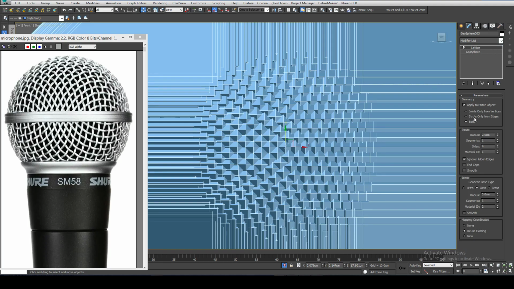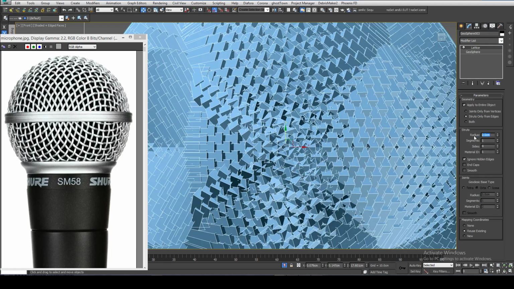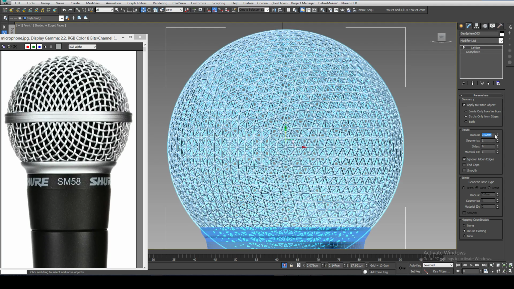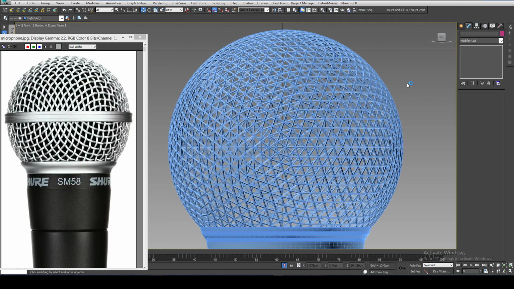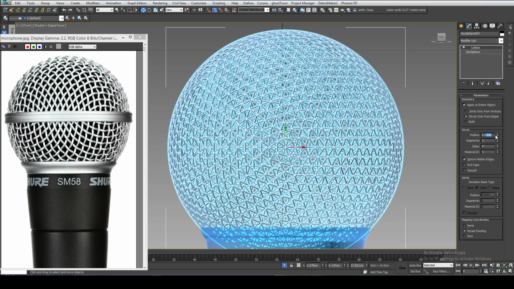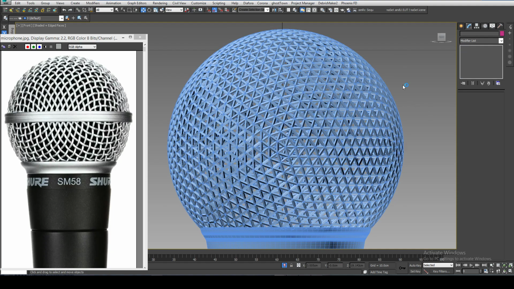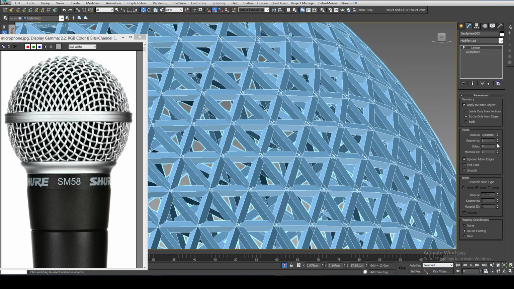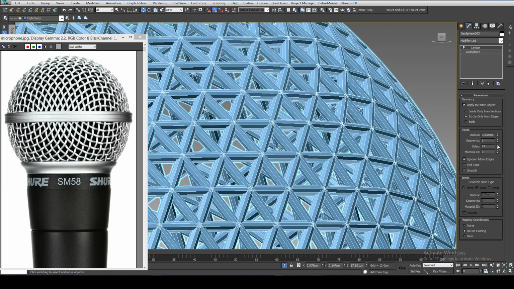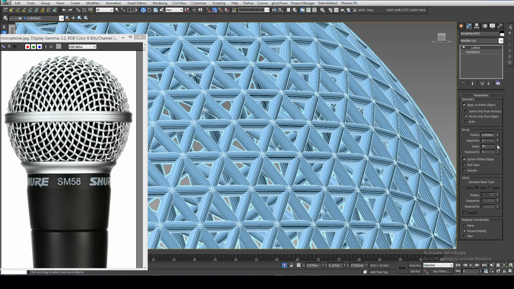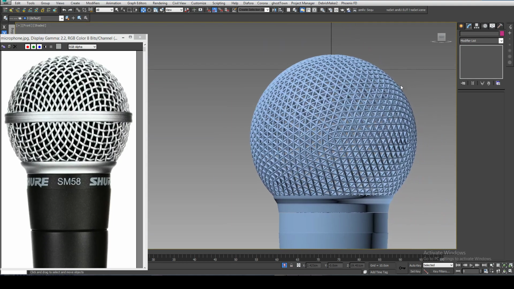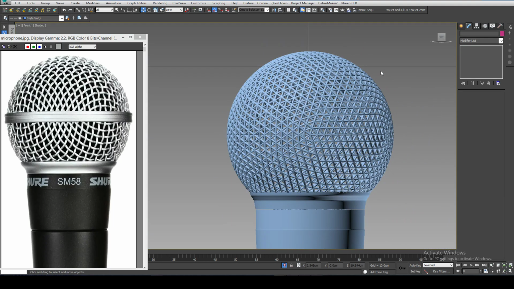We only select the stretch and add a very low value. Something like this, maybe a bit more. You can basically then control how many sides you want. Basically feels more cylindrical, like this, and we have a pretty similar shape